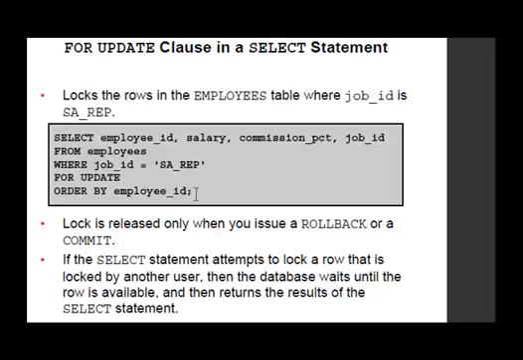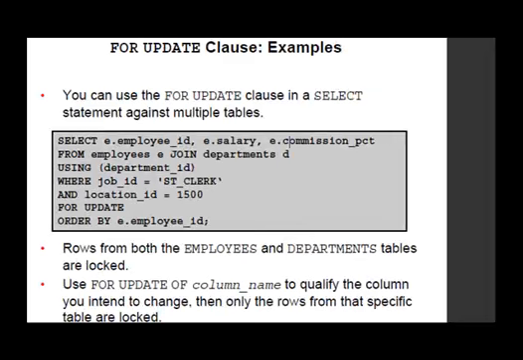Finally, it's the for update clause in a select statement. This is another structure that you can use to update a table by using a select statement. And in fact, because we use for update right here, you're going to lock the job ID for sales representative, SA_REP. And as long as you do not commit or roll back, this row for job ID is blocked or locked by the active user, the user or session that tries to do this update statement. Here is another